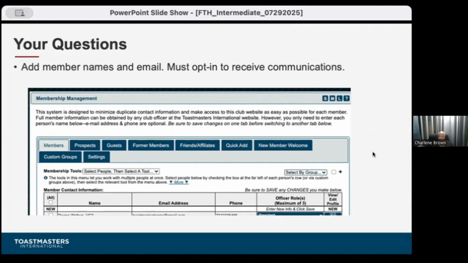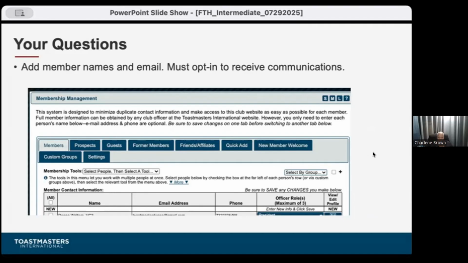I just wanted you to go backwards one more time. You said in order for them to opt in, so we have used this page before. So in order for them to opt in, you start putting them in, and then you let them know, hey, I put you in, because a lot of them, in order to put themselves in the agenda, they have to already be in the system because they've been having a problem putting themselves in the agenda. Absolutely. You hit the nail right on the head, Charlene. They have to opt in order to be able to select their name for a role on the agenda.